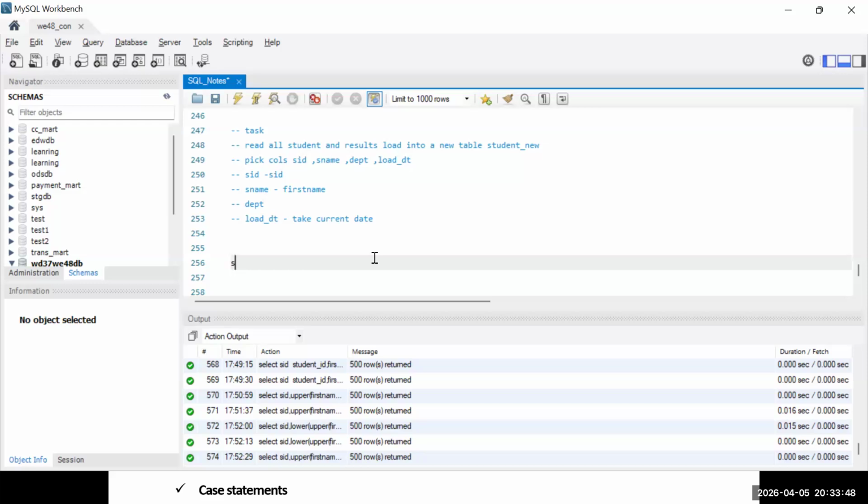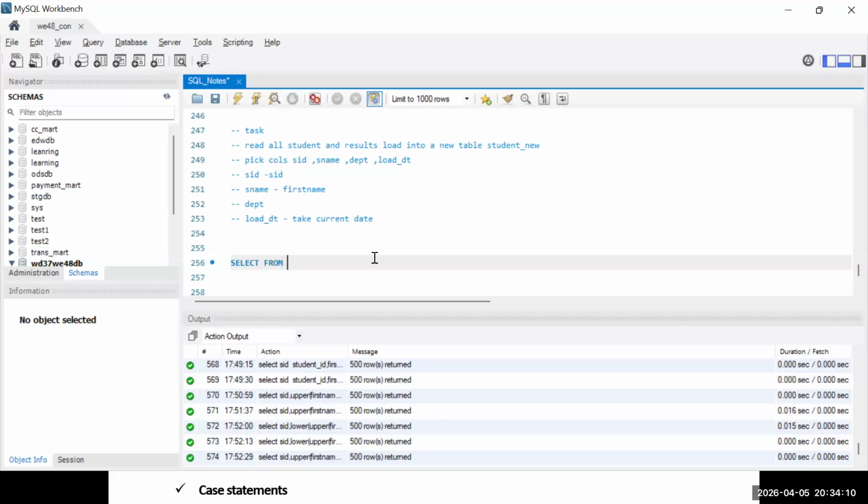Select SID, right? Usually one more thing, guys. When you are using the SQL keywords, you can use uppercase. That is not a rule, first of all. Usually people write this way as a standard you can follow. Any keyword you are writing, you can use uppercase. I'm saying for your visibility, you can use uppercase. SELECT